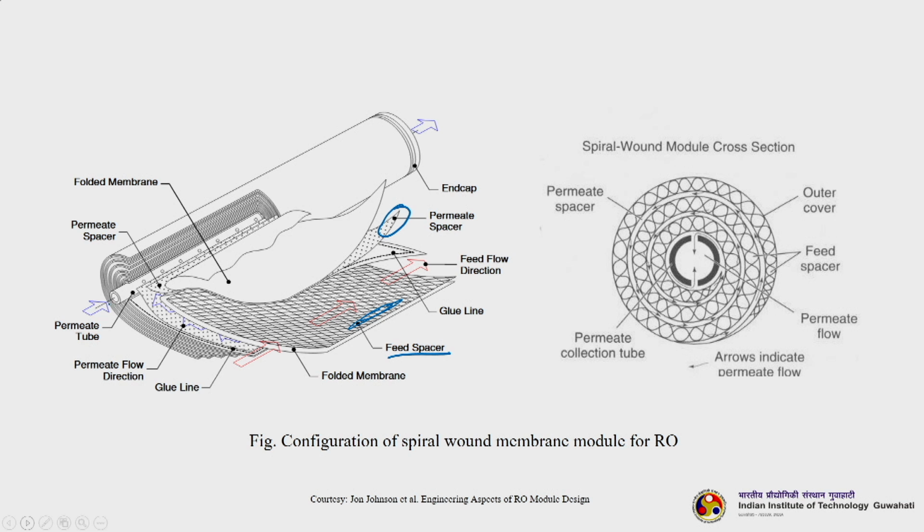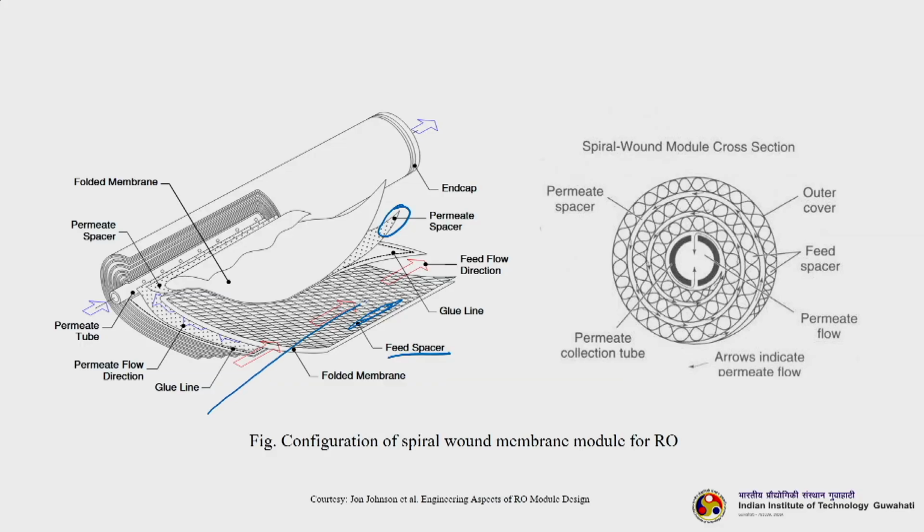So, that is a central tube over which you are wrapping or folding the membranes as well as the feed spacer. The job of the feed spacer is to distribute the feed across the entire membrane, so that there is no dead space in the membrane, and the entire area is utilized. The feed actually flows in this direction, so you get retention here. This is the feed flow, however, your permeate is flowing in this direction, so you get the overall permeate here.